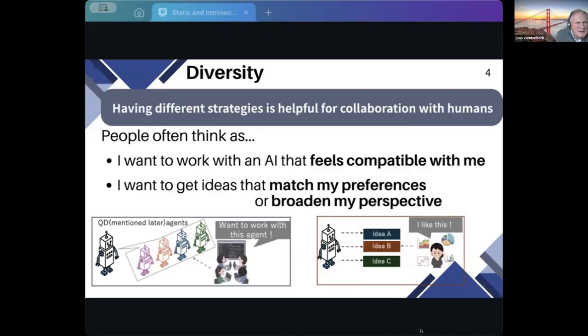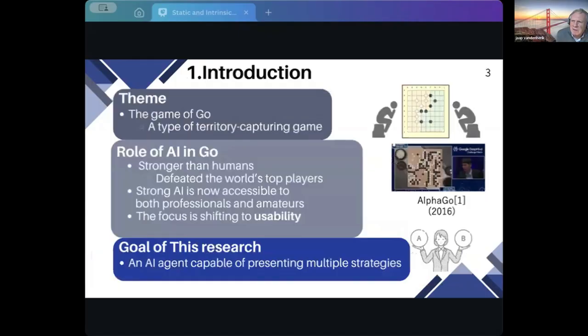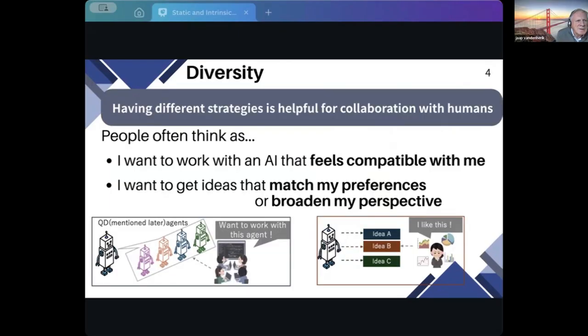Let me help you a little bit. Your predecessors had in mind to solve a game or to bring a game to a higher level. For instance, they spoke about Othello, etc. You speak also about diversity. You said, is an AI capable of presenting multiple strategies? And that could be emphasis here, there, and everywhere. So what is now the couple of preferred entities you would like to have assembled for a good result?